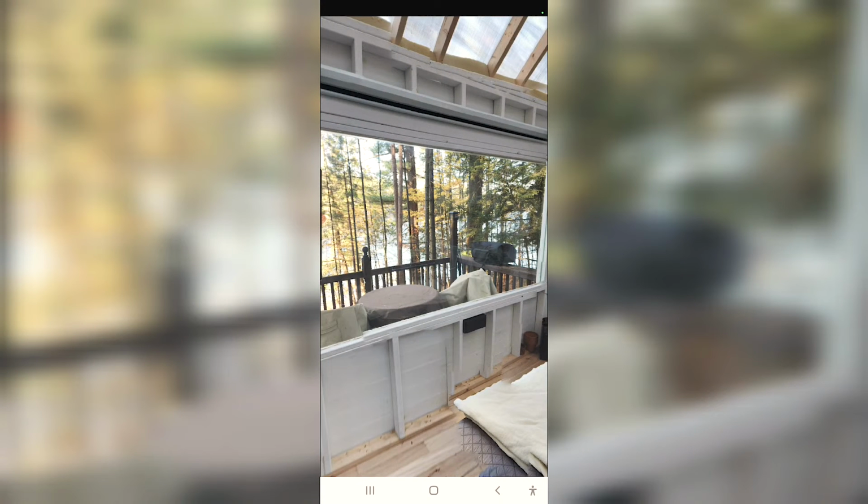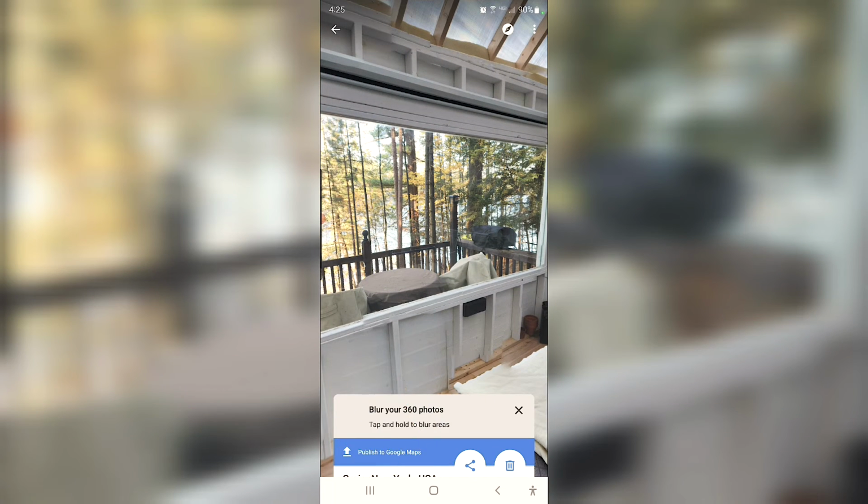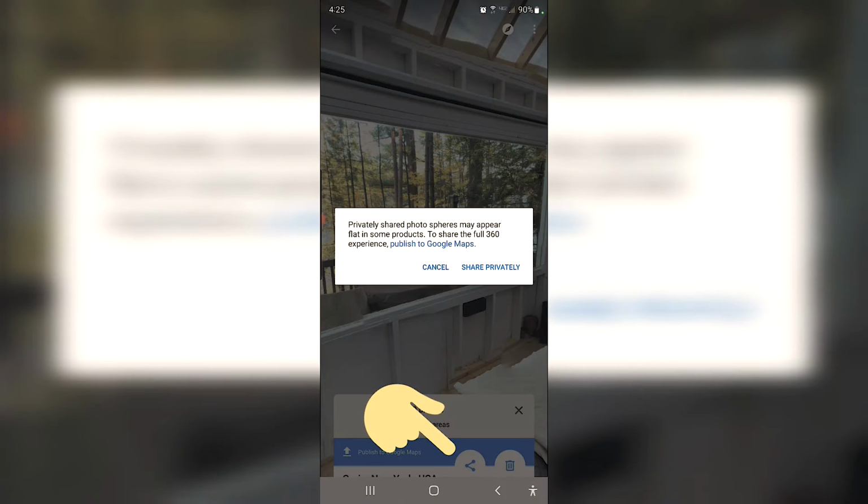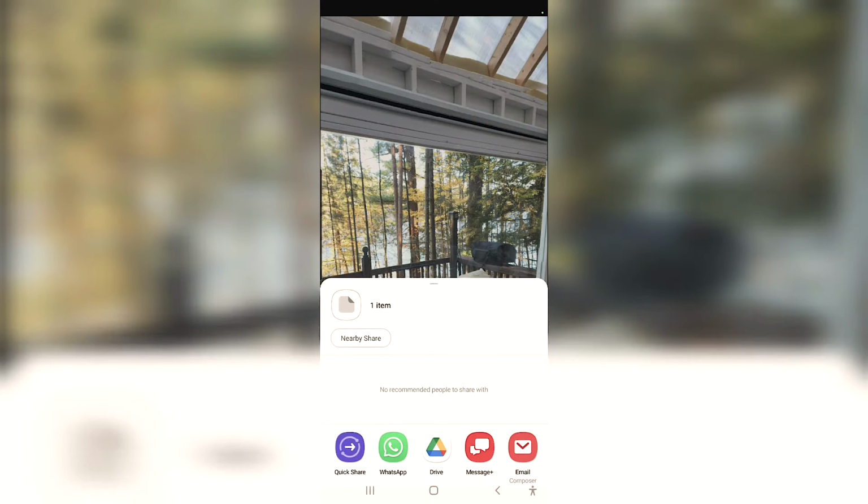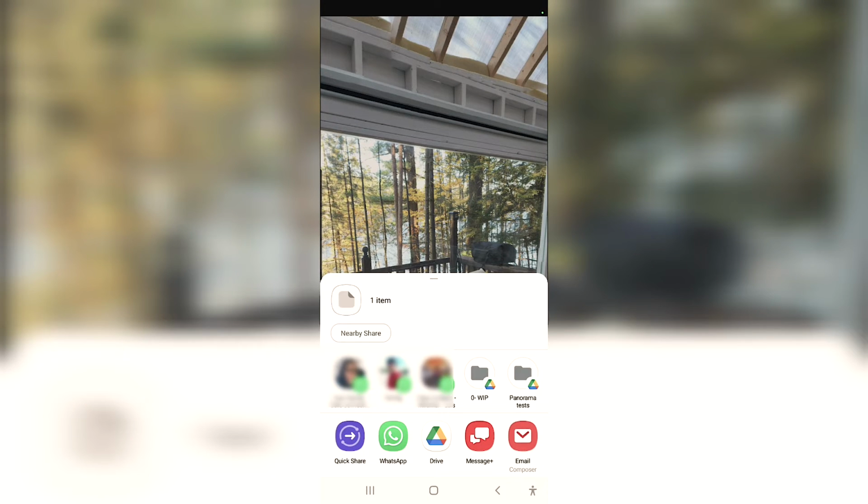So once you do that, you're going to send us these photos. You're going to click the photo just like that. And when you click it, you're going to click the share button right here, next to the garbage can, to the left of it. You're not going to publish to Google Maps, and you're not going to click the garbage pail. Now it's going to ask you to cancel or share privately. You're going to click share privately,